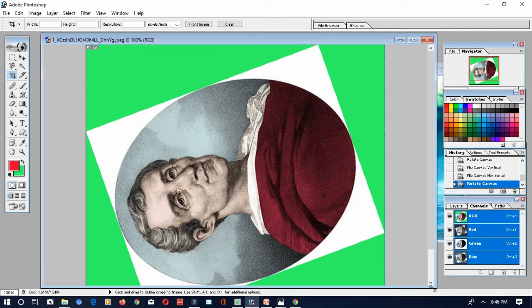Okay, next is using painting tools and drawing tools. First, let's see how to use the painting tools. First one is painting tools. There are two different tools: one is the gradient tool and the other is the brush tool, which we are going to see now. Okay, first one is the gradient tool.